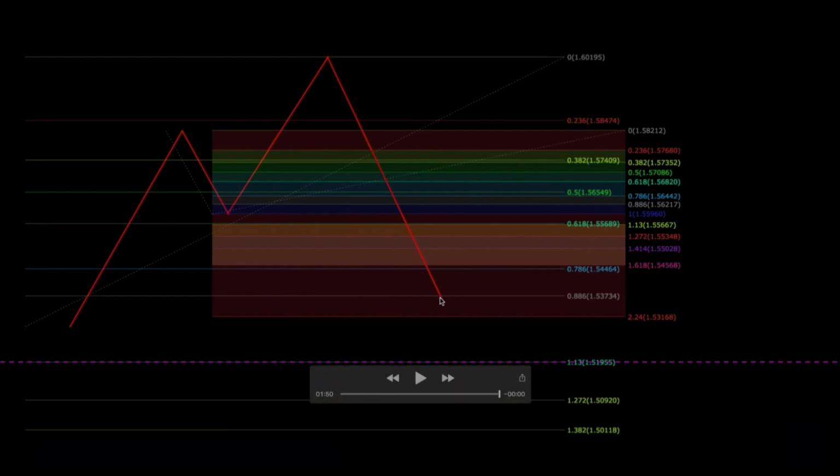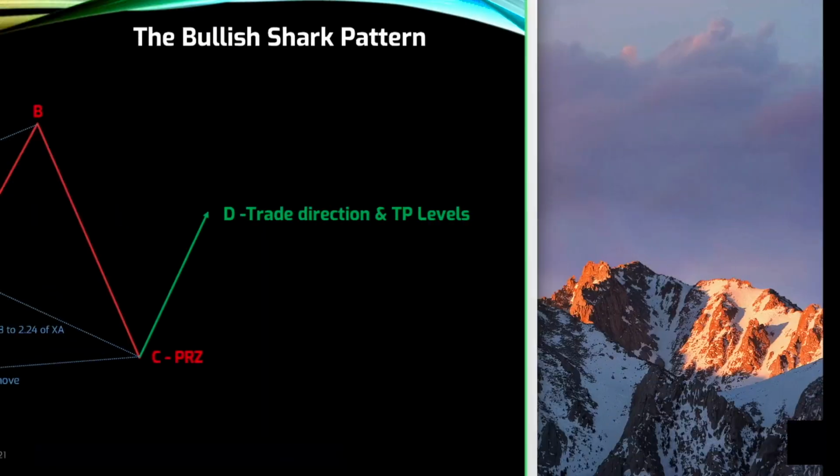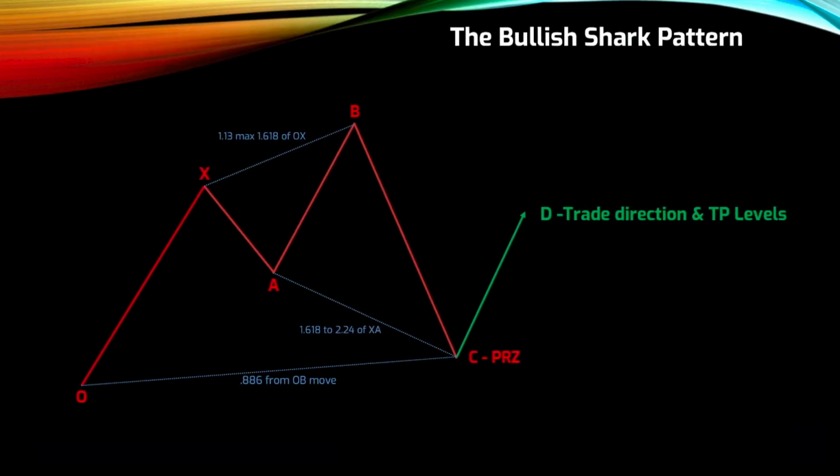hence why you put your stop here. The price could indeed come all the way around, touch that 886, hit the 224. You're not going to get out the trade because it's broken that, because it could indeed push all the way down. You wouldn't be happy, granted, but the price could still reverse and go up to your minimum of a D completion, okay? But let's talk about that. So that's the bullish shark. Let's look at